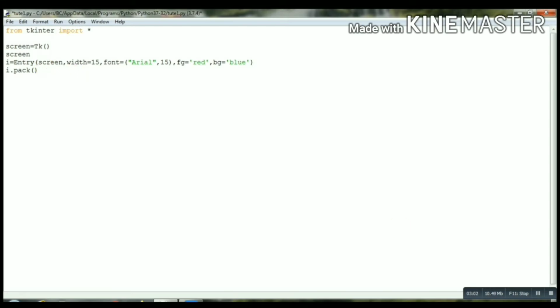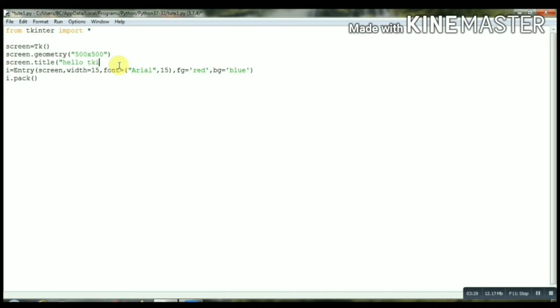So we will write screen, meaning our Tkinter window, dot geometry. In that we will define its dimension like 500 by 500. Remember to write here x. It is x. Okay, now let's give it a title. So we will write screen dot title, and let's give it the title hello Tkinter.